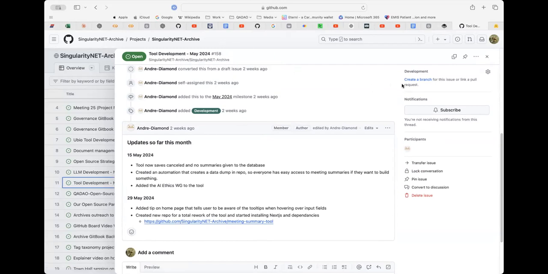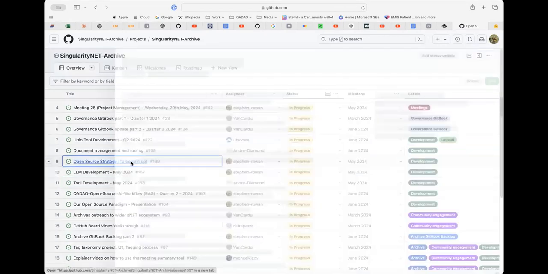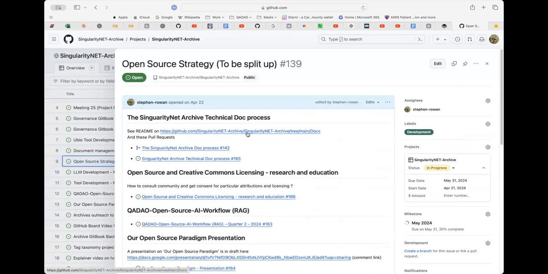Right. Let me move on to other development issues, which are me, I think. Okay, I'll start with an issue that we did some work on to split up. So we had this big speculative issue, which we called, for want of a better word, open source strategy, which is to be split up, as you can see there. And that broke into these sections here,